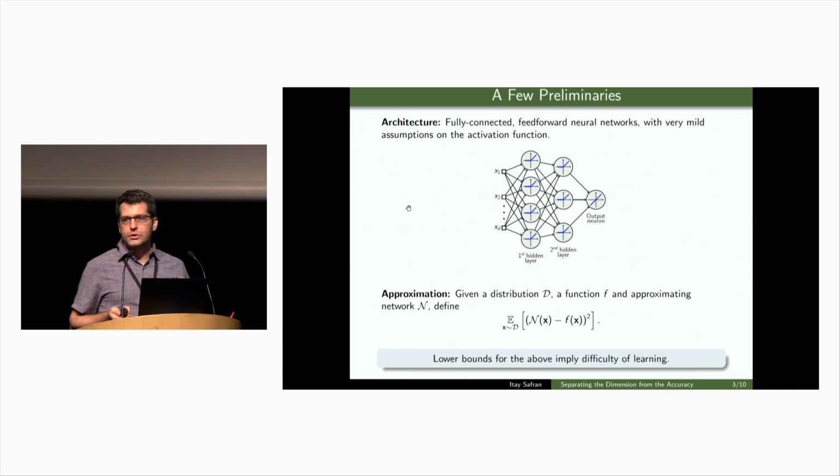The reason why this notion of approximation is interesting is because it implies lower bounds. Such lower bounds imply the difficulty of learning when we show them for a family of certain functions. For example, if the neural networks we consider are a certain depth 2 architecture and we show a constant lower bound, say this quantity over here has to be at least 1, then this means that this class of functions cannot learn this learning problem when the underlying distribution of the data is this particular distribution for which we have this lower bound. This is why such results are meaningful: if we can't approximate, then clearly we cannot learn.